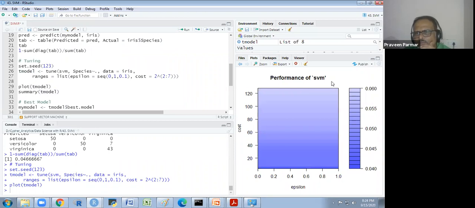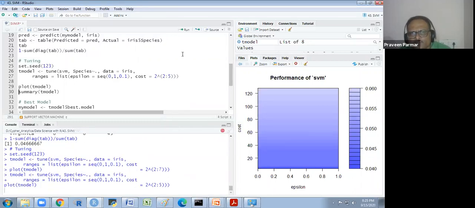So the performance of SVM you see here, it is the epsilon. It is the error basically. And you see on the low side, we have the cost, here is the line, it is okay up to here. Okay, we are getting the dark shade. So we could change this, we could take the cost up to this. So what I do, I would reduce the cost to 5 and I see what happens.